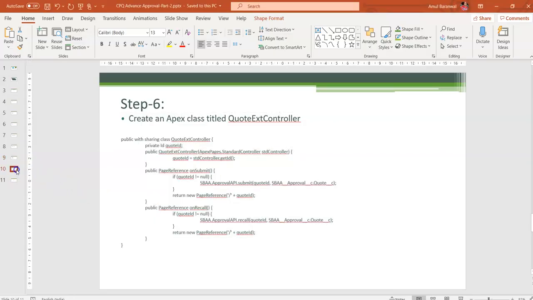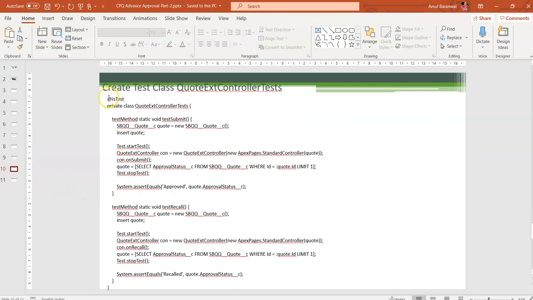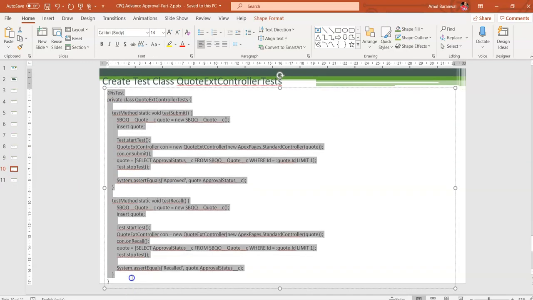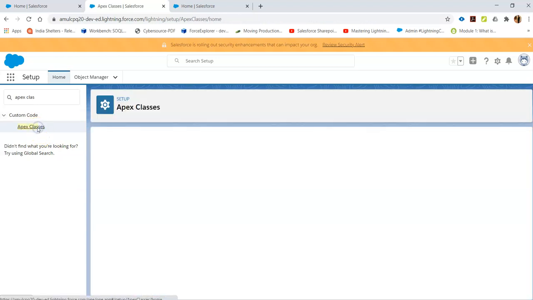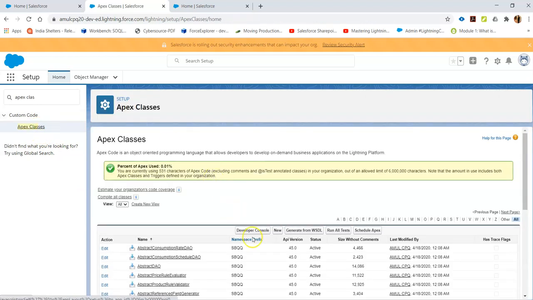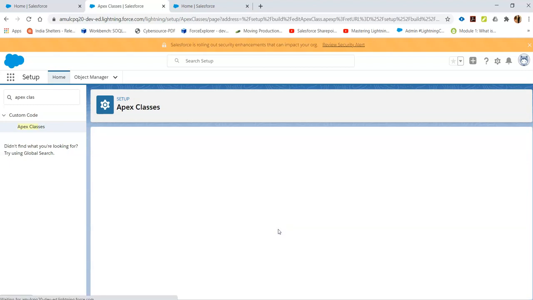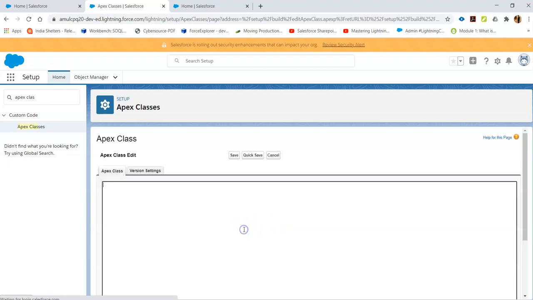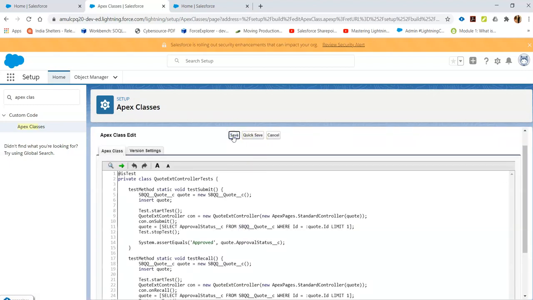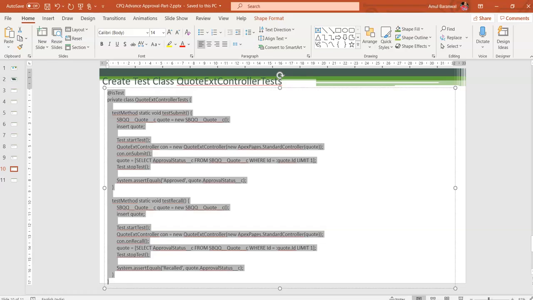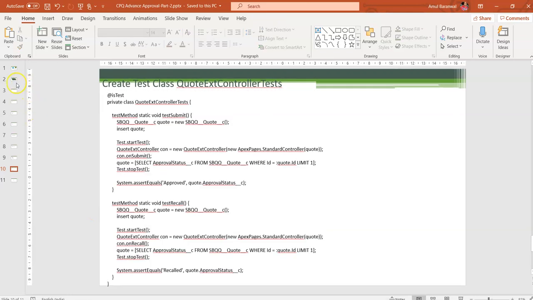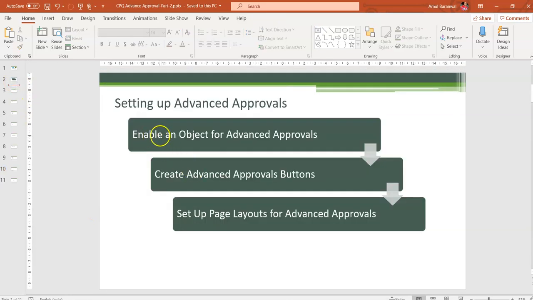Now in my next step, I have to create the test class for the above Apex class that we have created. That's it. So in this process, I have completed enabling an object for advanced approval.